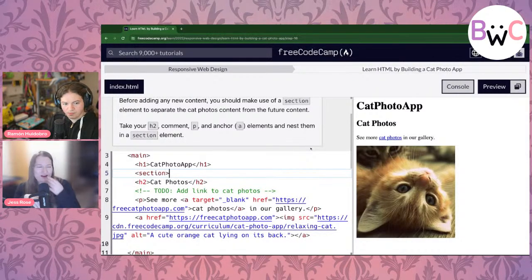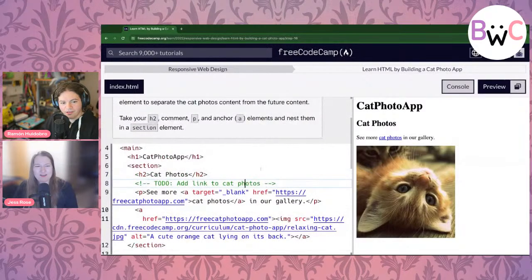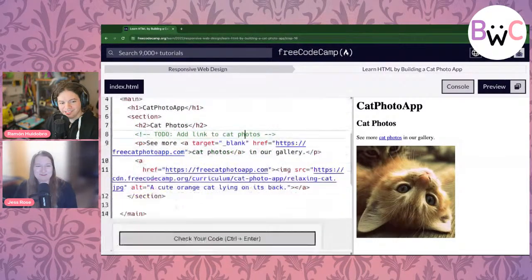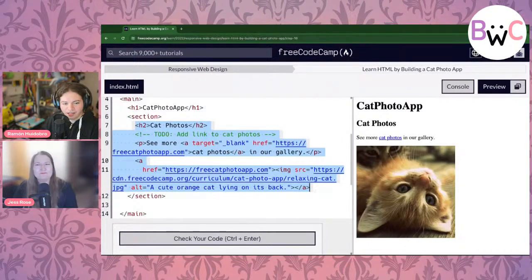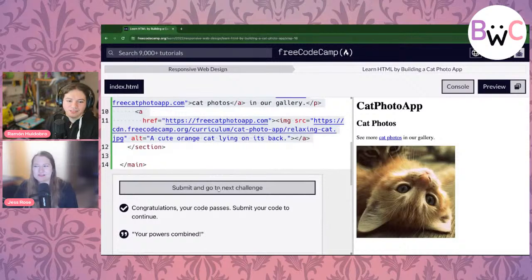I'm going to send you to row 5. Perfect. And below here, I think that's going to work. Yeah, I'm going to format the document so it looks nice. So now the section contains these nested elements. Amazing. Nice.